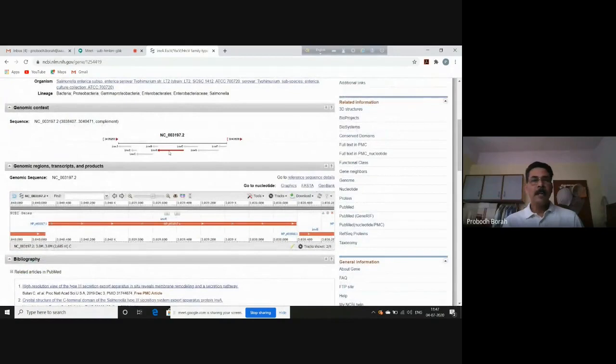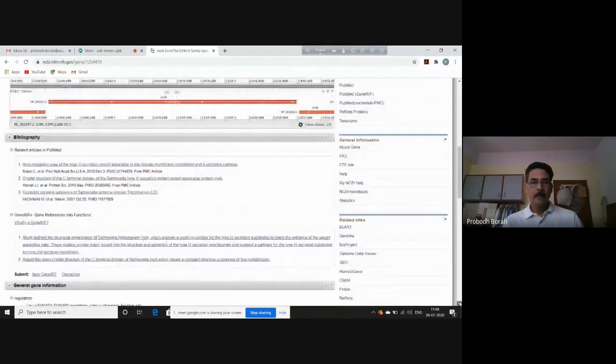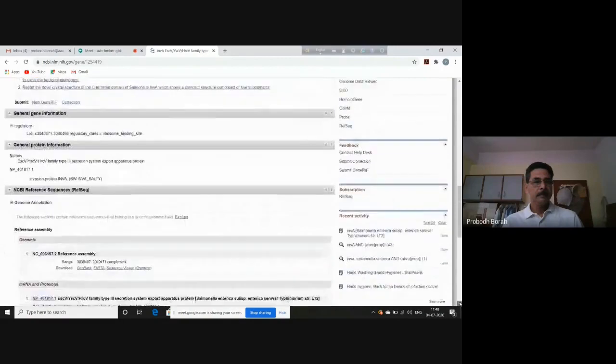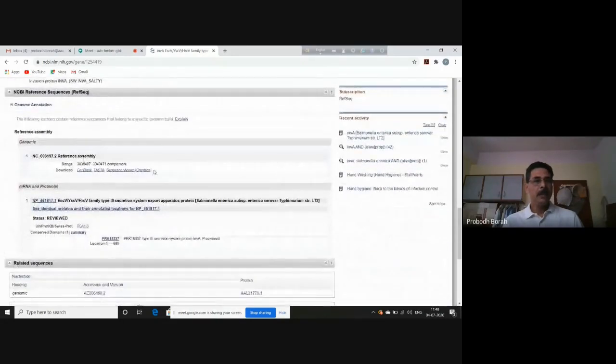Now, as we discussed earlier, how to download the sequence of the gene. For that, we shall have to go down and find here, you see, genomic sequence, reference assembly, genomic. Under that, the sequence is there. And then there are various options for display: GenBank, FASTA, sequence viewer.